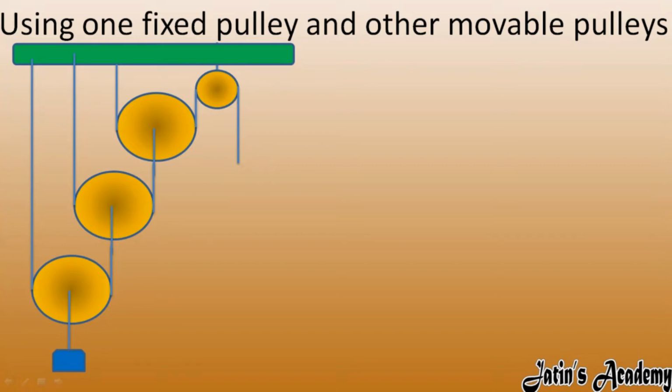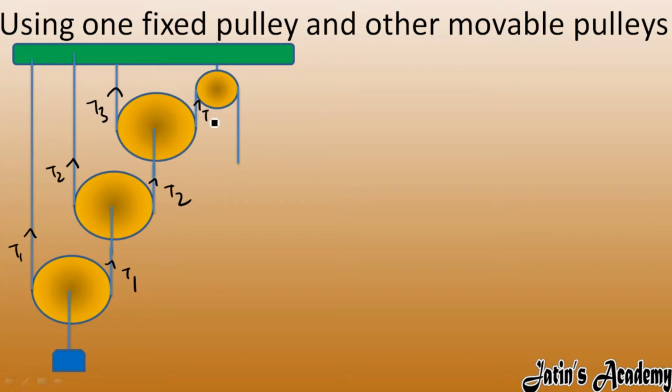So before calculating the mechanical advantage, let's see the tension in a string. You have to remember one thing, that one string is having one tension. So this is one string. The tension is constant in this string, that is T1 and T1. Clear? Here we have a second string. In this string, the complete string is having tension T2 and T2. Here we have a third string, tension T3 and T3.